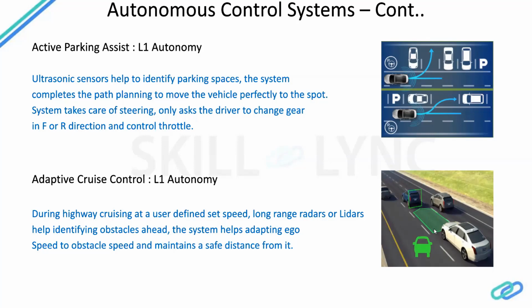So here also the steering and the indicating of the lane changing is being taken care of by the driver. Only in the longitudinal direction the movement of the vehicle is being taken care of, to slow down or to accelerate. So that is why it is also L1 autonomous. So in this function, as you saw, it's the steering automation, the lateral movement automation. Here it is the longitudinal motion automation.